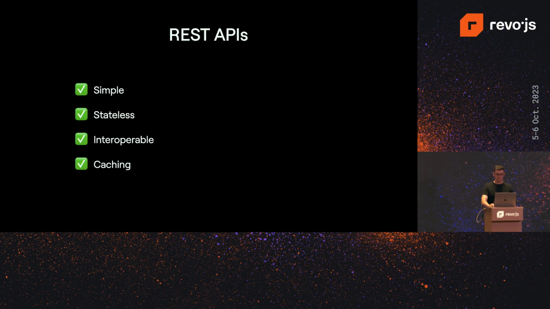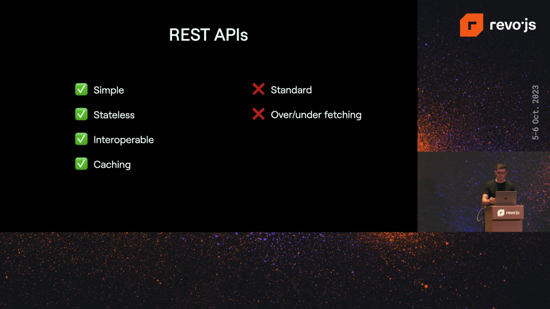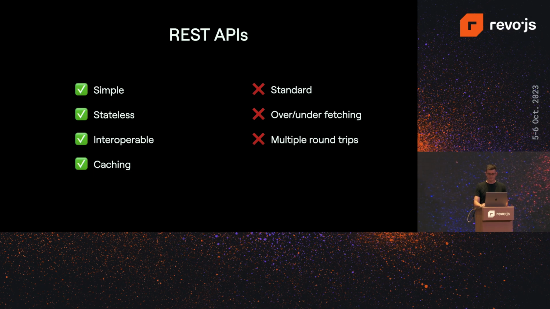So what have we seen here? Like, REST APIs kind of suggest a standard, but they don't really enforce it. So then it's the Wild West out there. Like, you can do whatever you want. I'm pretty sure everyone has had to work with some less than optimal REST APIs. And then we had this problem with over- and under-fetching. So in order to get just the tracking URL from a shipment and the order ID, I had to make like three different requests per shipment. Like, that just doesn't really make sense.